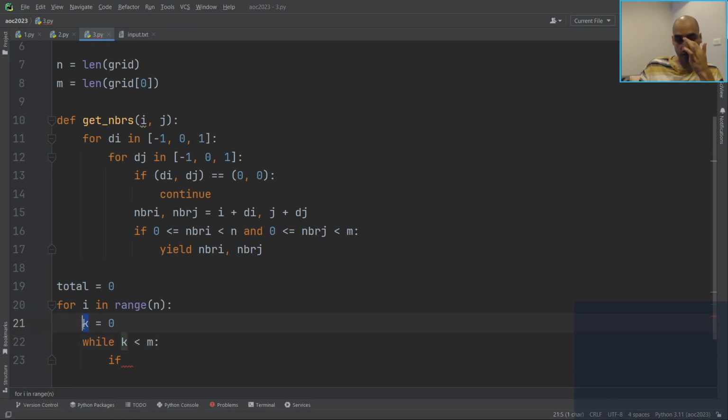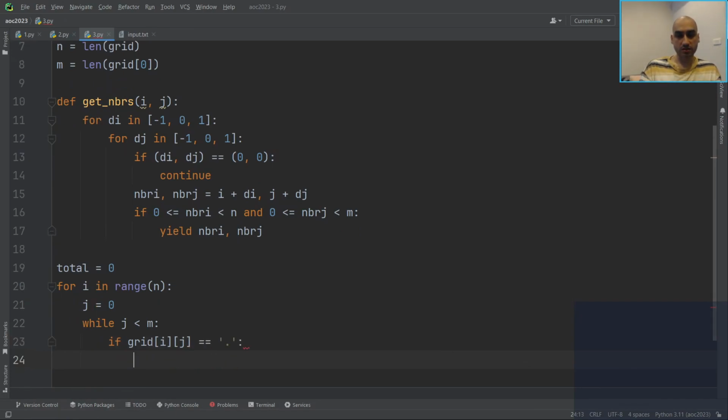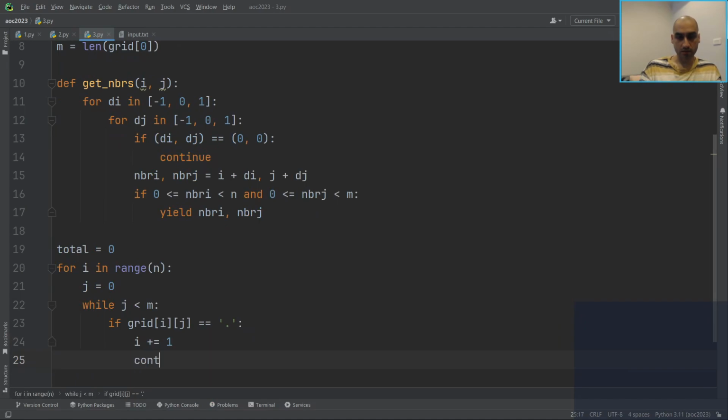No, j is what we're using, j. All right. Okay, so if grid ij equals period, then we just continue. We do j plus equal 1, continue. Not i, j, don't mix these up. All right, so basically that is just going through